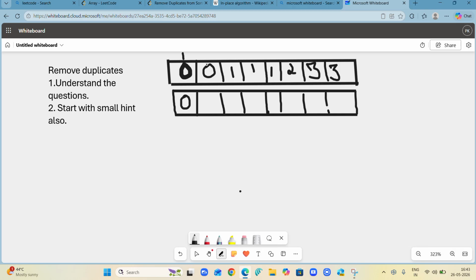Is the new array of index and I minus 1 the same? New array of I and I minus 1, is it the same? No, it is not the same this time. So the new array of index is going to store which element, whether the new array of I minus 1 or new array of I? It is going to store the element of new array of I, because it is clear from the above example only.